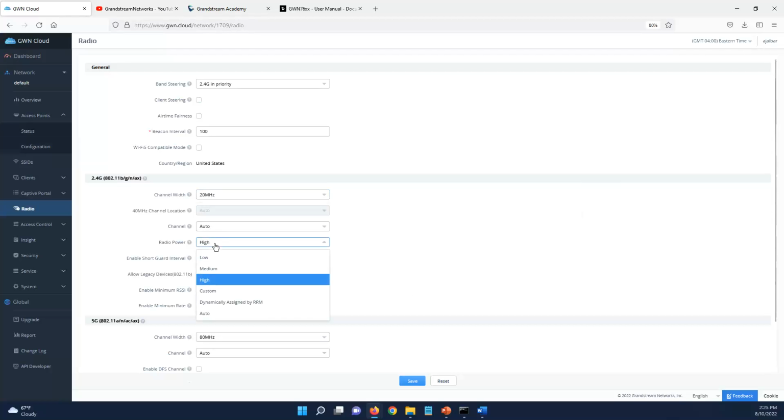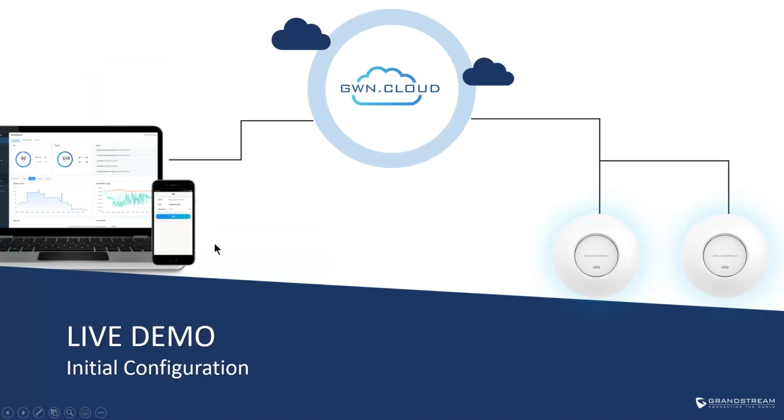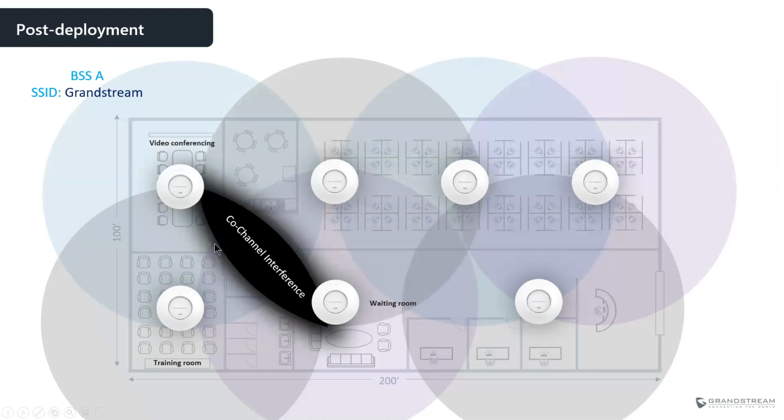Radio power is one of the things that you must always configure when you deploy your access points. And I'm going to give you an example here. So let's go back to our slide here. If you remember, we deployed multiple access points. And this is just for demonstration purposes, because in the real world, you never have a Wi-Fi signal that radiates in a perfect circle shape. So we have all these access points deployed with high radio power. And what happens,